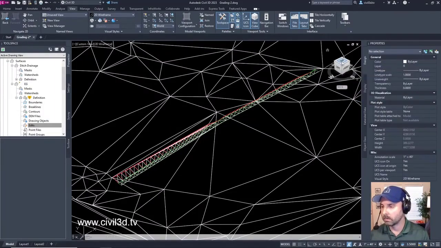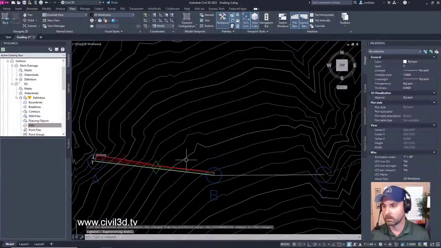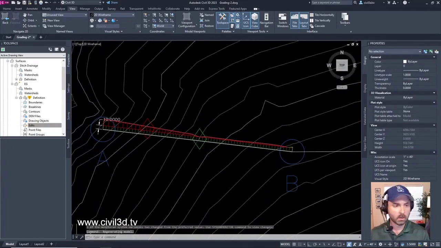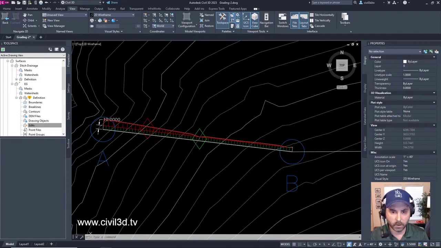Next thing that we're going to do. Oh, here we go. We have a message from Javier. Thanks for all your videos. Do you know how to create benches with variable grades along slopes and down drains?